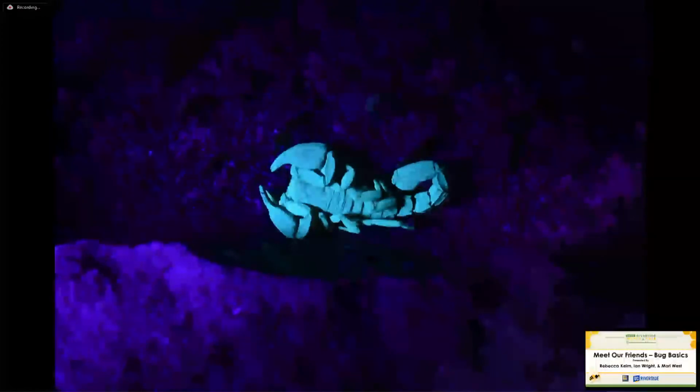There's so many cool things about insects. One last thing we'll just kind of touch on, and then hopefully we can field a bunch of questions from you guys about why insects are so cool, is just a gee whiz wow photo of a scorpion that fluoresces with UV light. We as scientists don't even know exactly why they do this and exactly how they do this.